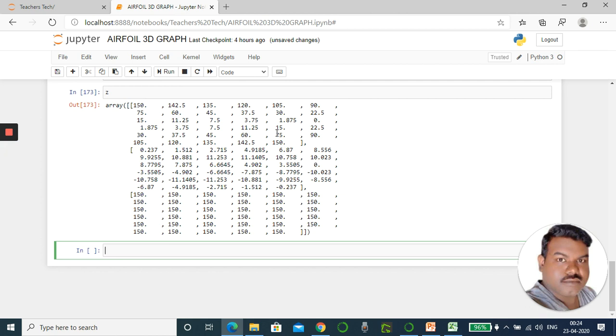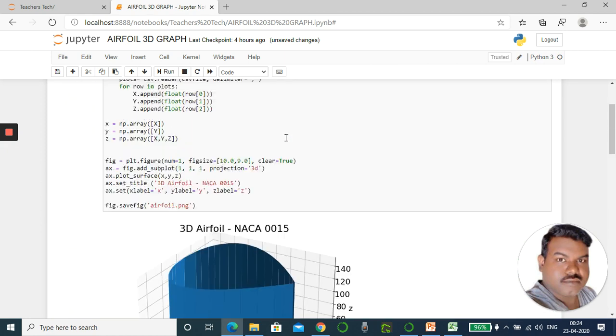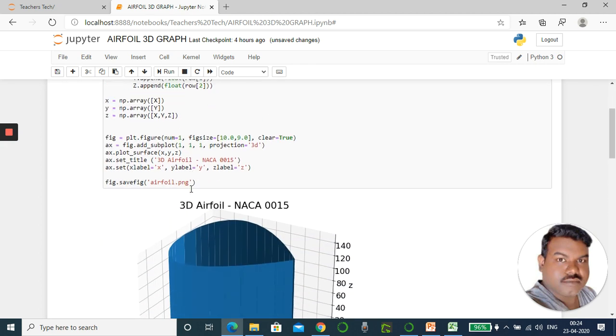So x, y, and z, that is column A, column B, column C. Now everything is converted into an array. So these are the three steps. Once these steps are over, the next step is plotting the graph.